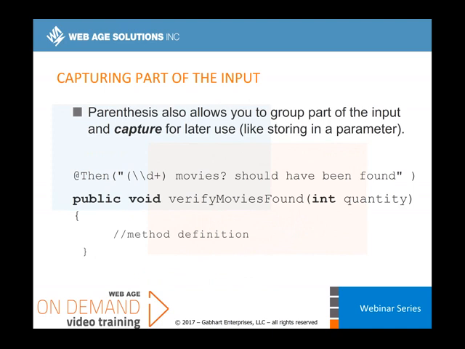Now, sometimes what we want to do is take the information and capture it using the parentheses. We've grouped that together and captured it to pass it into the method. So here we've captured the number of movies that were found. I'm assuming that we did a keyword search or something like that and found some movies. We take that number of movies and pass it into the method, and inside the method we've defined a variable to say I want to take, at runtime, at test time if you will, the number of movies that was referenced in the feature file and pass it into this method so that we can respond